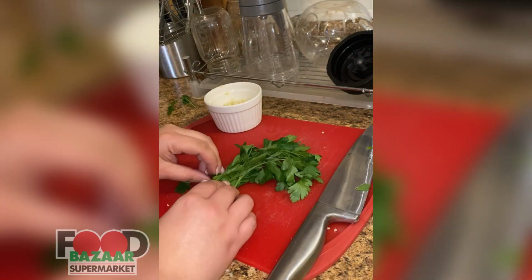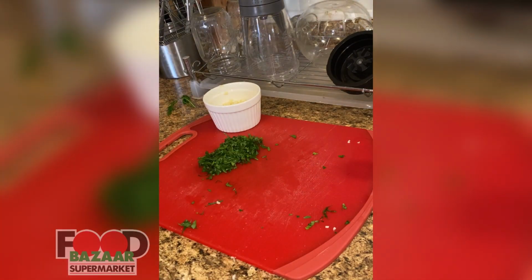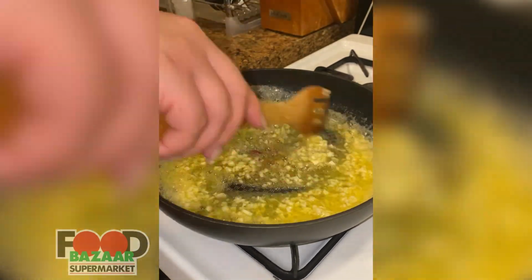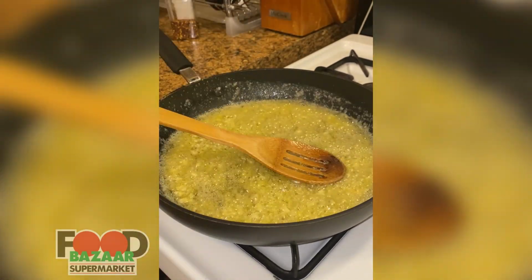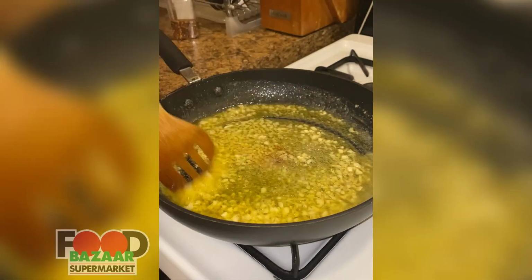Then I roll up a bunch of fresh parsley and I give it a fine chop. Set that aside too. To my pan going on medium heat, I add 3/4 of a stick of unsalted butter, or about 6 tablespoons, along with my garlic and salt mix. Stir to combine the flavors, and then I squeeze in the juice of half of a lemon or lime, whichever